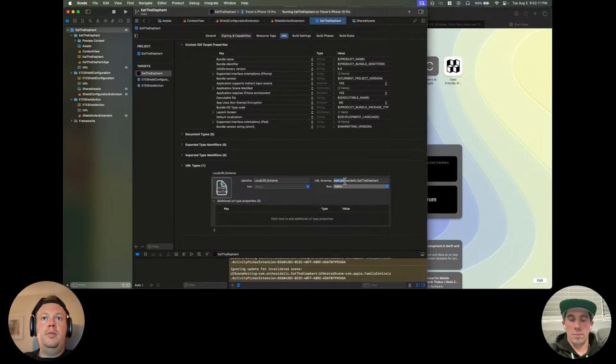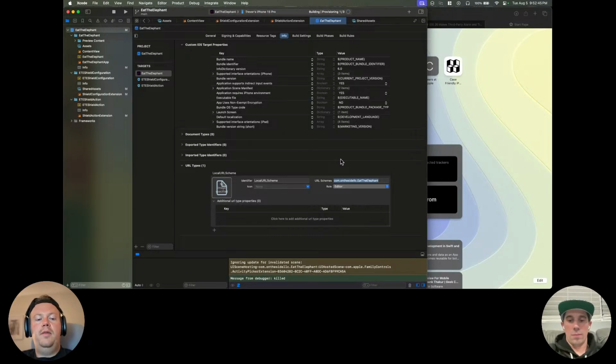So I'm creating this scheme, com.onsideLLC.etelephant, and I'm identifying it as my local URL scheme. The idea is that whenever you click on a link that starts with that and then has colon slash slash whatever, your phone will look through a list of any of these schemes it has, and it'll be like, oh, this belongs to this app. So it should open up our app. So if I rerun this on my device,